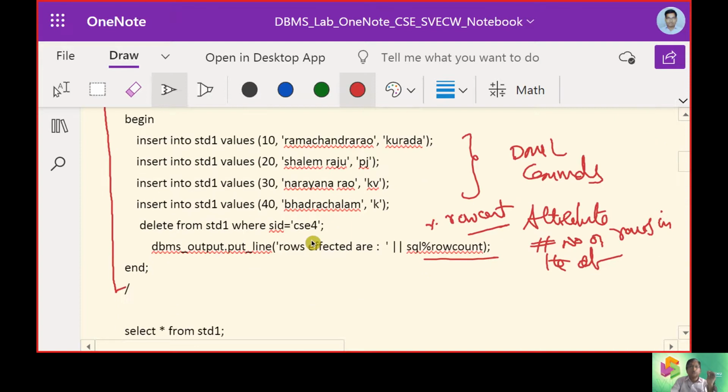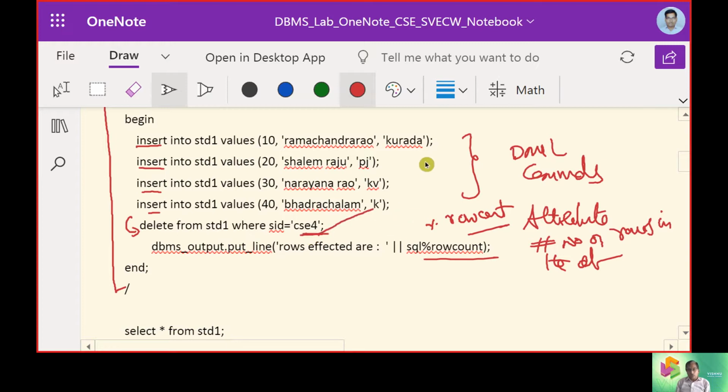Now you can see there is an insert command, insert command, insert command, and altogether there is a delete command. That is the observation you can make.